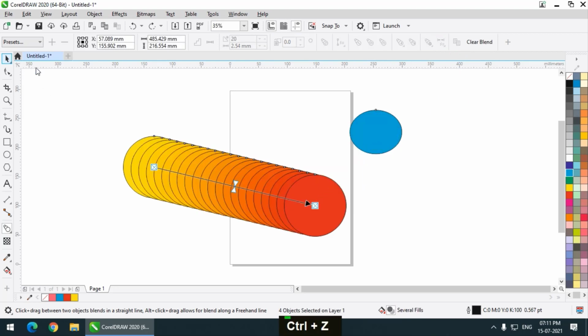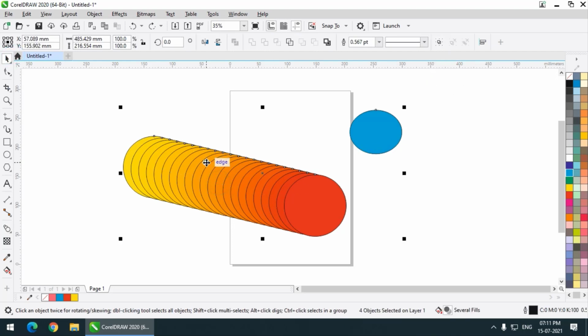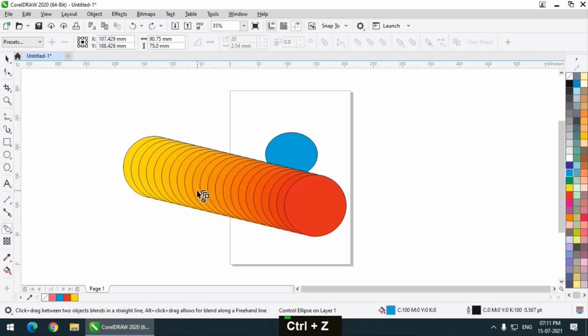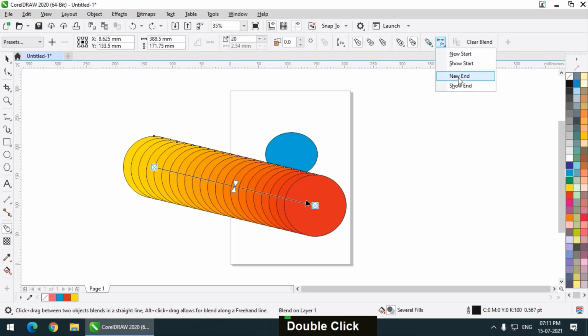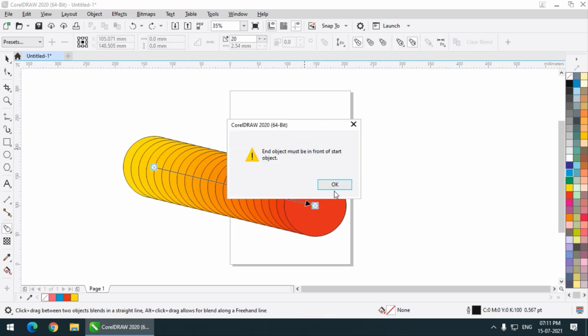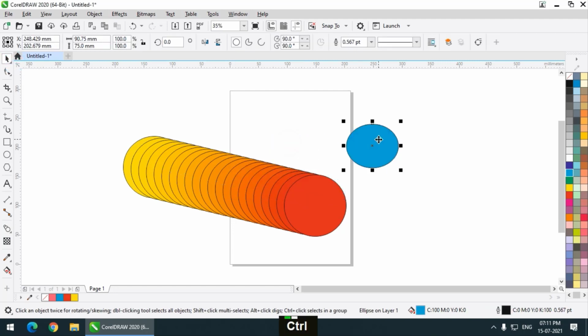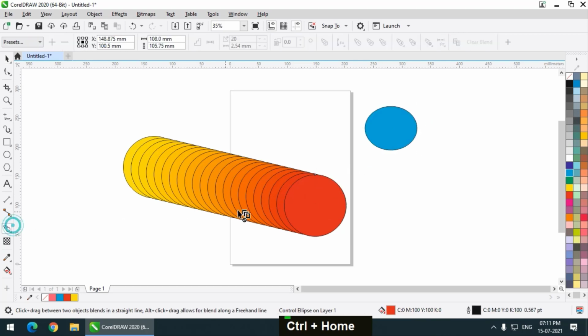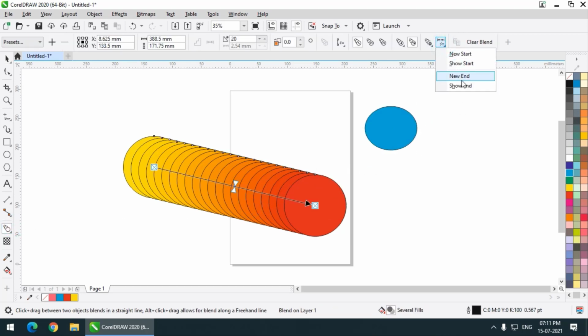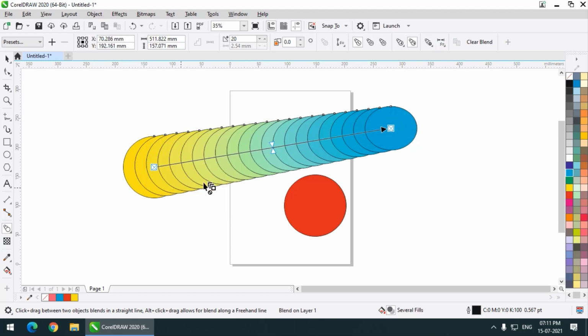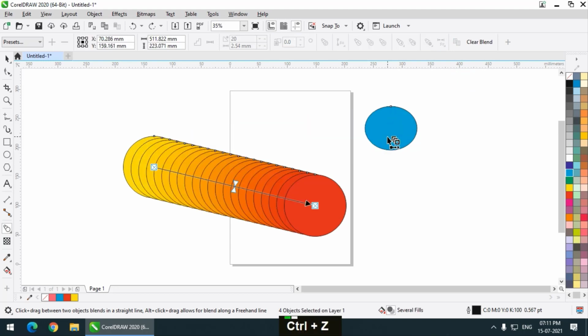And if you want new end, same thing. New end. And for the end, it has to be in front, so Home. So these are again basics. New end, so it will end at the new point.